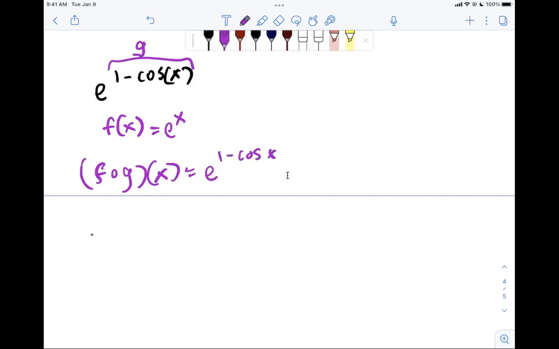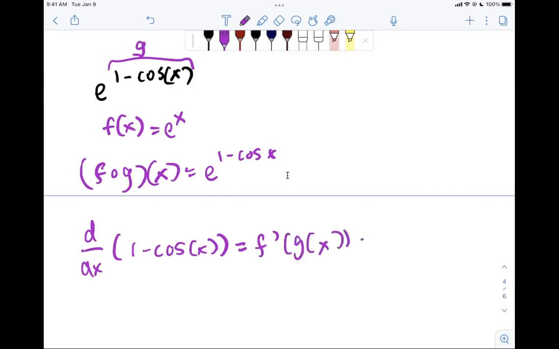Now the derivative is equal to f prime of g of x times g prime of x. So what's f prime of x? f of x is just e to the x, so f prime of x is also e to the x. And then we just apply that to g of x. So this is e to the g of x, so e to the 1 minus cosine x, times the derivative